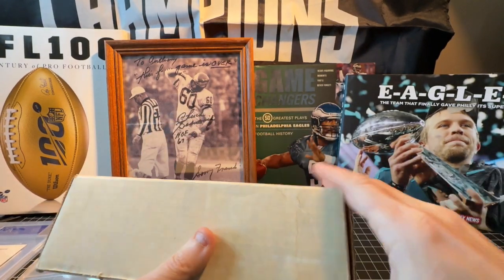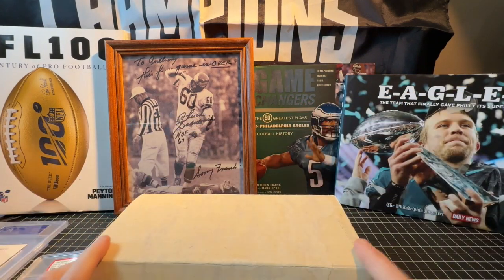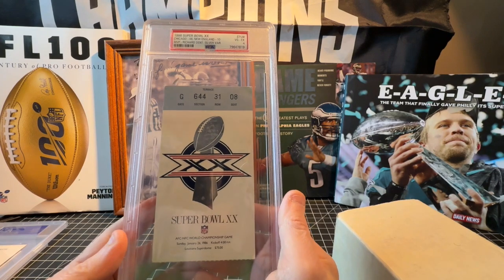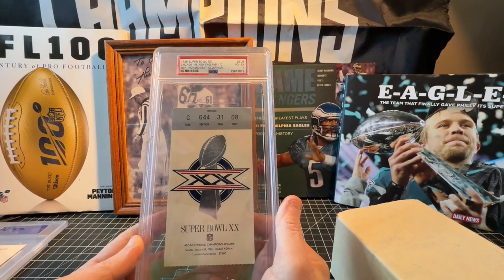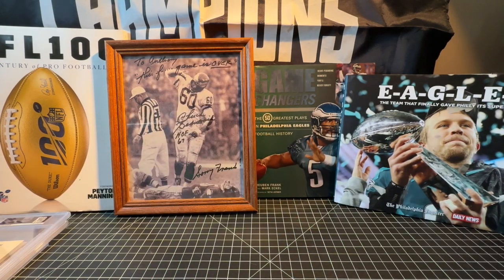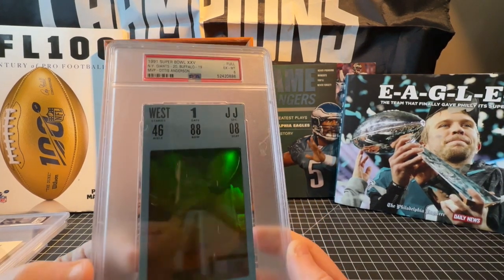This was his set, in my house for me to hold for him. So he never owned the Super Bowl ticket, but he always wanted it. So after he passed, I was able to get a stub, because I remember us watching it together. I tried to focus on Super Bowl tickets that I have a memory from, but I got some pretty cool